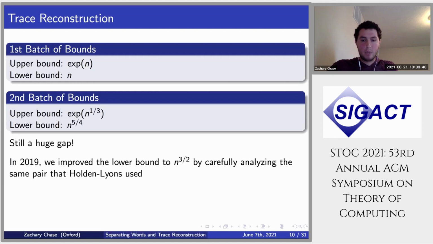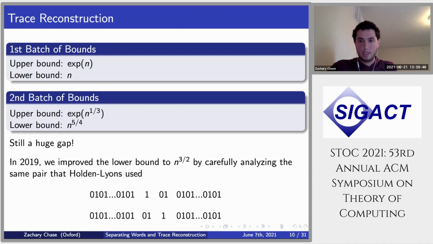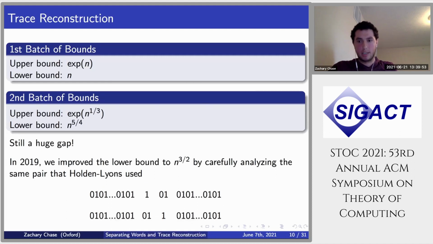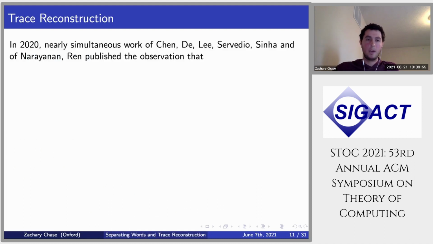And in 2019, we improved the lower bound to n to the 3 halves by carefully analyzing the same pair that Holden and Lyons used. It's essentially the same pair, and we just analyzed it better to show that n to the 3 halves are required. And n to the 3 halves is tight for this pair. And in 2020, nearly simultaneous work of Chen, De, Lee, Servedio, Sinha, and of Narayanan and Ren published the observation that